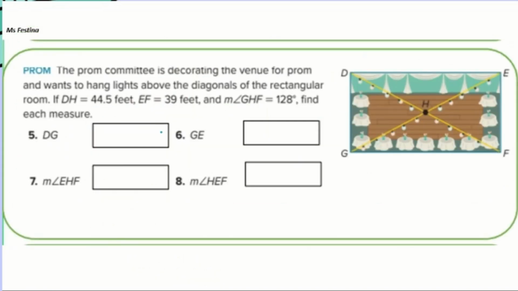So this one, okay, it's related to real life, but we still apply the same properties because we can see the shape there is a rectangle. We are given that the prom committee is decorating the venue of prom and wants to hang lights above the diagonals of the rectangular room. If DH, so where's DH? DH is right there. So DH is this line here,